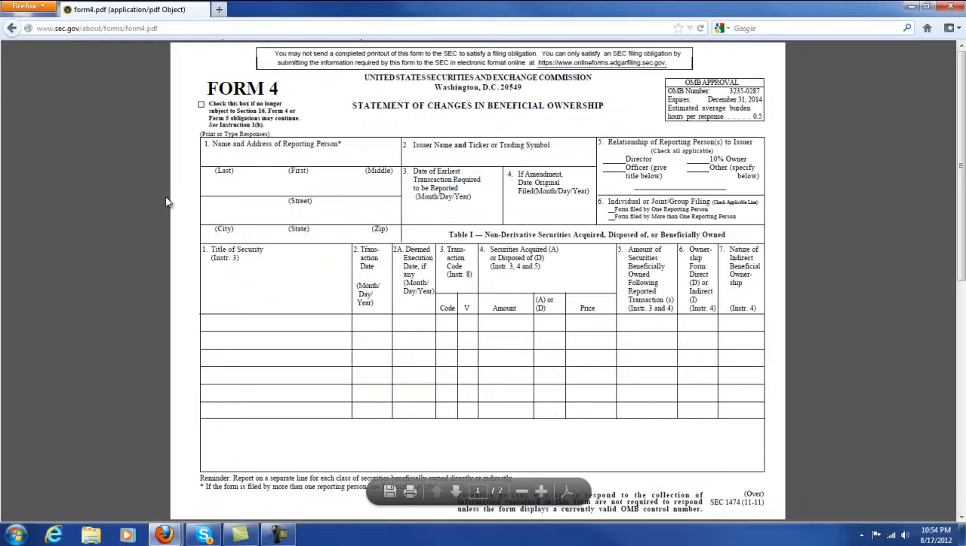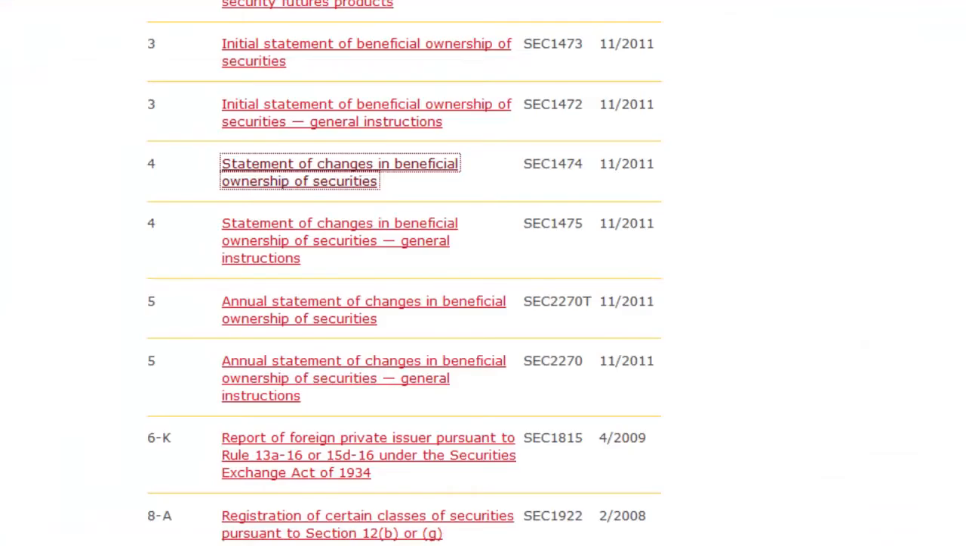This form is used by insiders to report their buy or sell transactions in a particular company. And as you can see, this form is blank, which means it does not include any names of the insiders or the amount of stock that they purchased. Let's go back and take a look at another form,